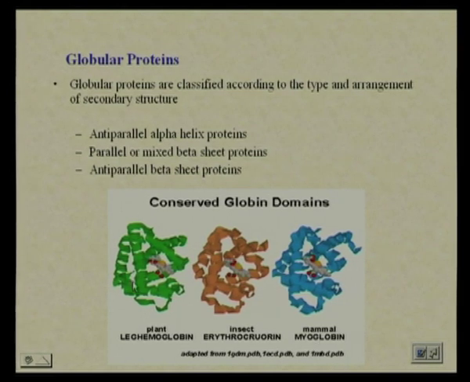You notice that each of them have very similar structure. The reason being that they are going to perform the same function. So, whether it is from a plant or an insect or a mammal, because these globins perform similar functions, they have similar structures. Okay. Now, what we are going to study today is what keeps this structure together,